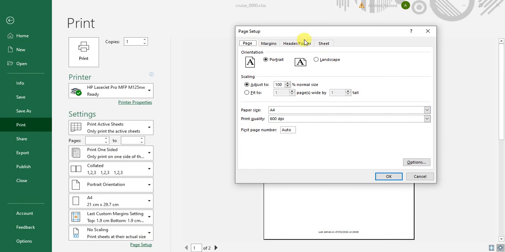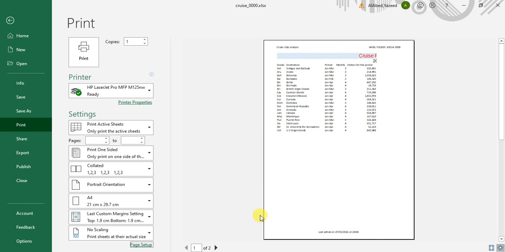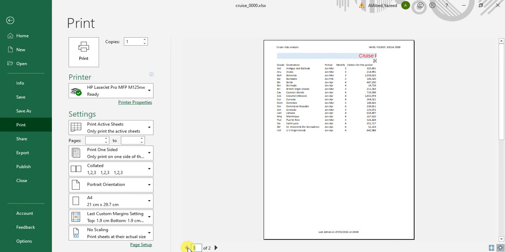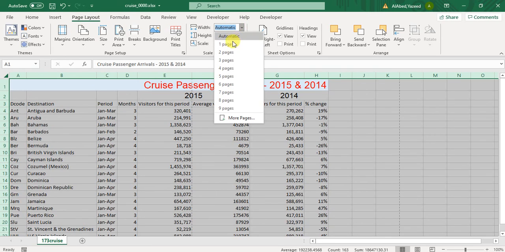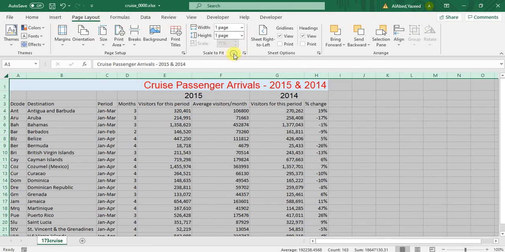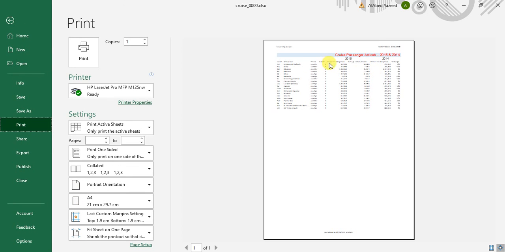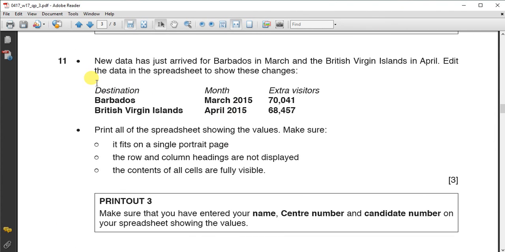Page setup, remove row and column heading. Now it is not in a single sheet as you see. What should I do? I have to make it from here or from page layout, the width 1 page wide, 1 page height, and now look, it is just only single page. Okay, single sheet. After you print it, you back to your question paper and you find that new data has